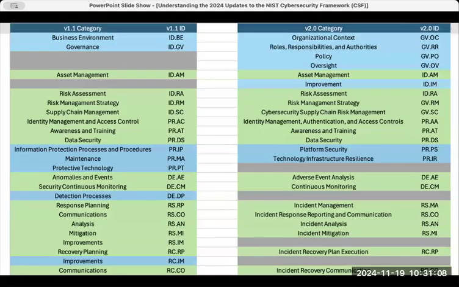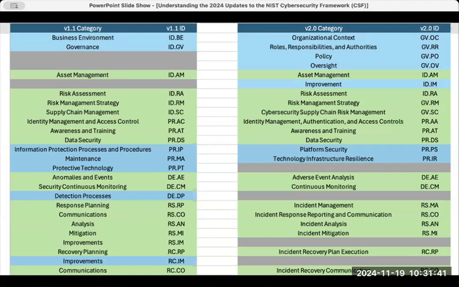So again, if we look at these and do a slightly different comparison, I tried to put these into an Excel sheet, so you can see how they sit side by side. In theory, you can see how these moved around a little bit. Basically, what I tried to do was look at the version 1 categories and the version 2 categories. The green categories are the ones that basically stayed the same. If you look at some of these, for example asset management, asset management is pretty much the same on both the left and the right hand side.